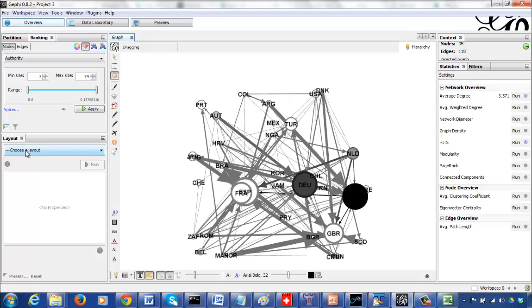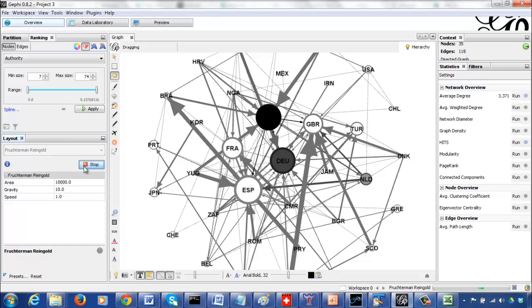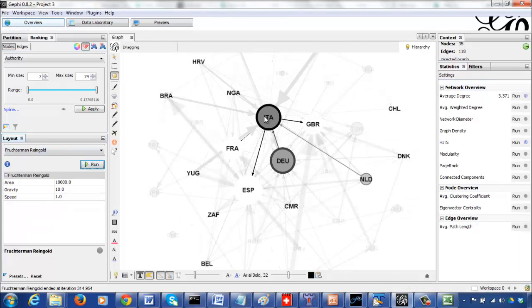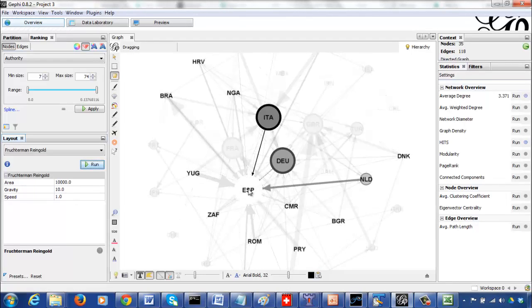So let's see if we can have a better layout. See, this is the usefulness of the layout algorithm. In my previous setup, I was not able to easily visualize it. Now I ran the Fruchterman-Reingold layout algorithm, and it gave me this. So this is my Italy, right? Italy is pointing to Spain, which is a very good authority node, and Spain is basically